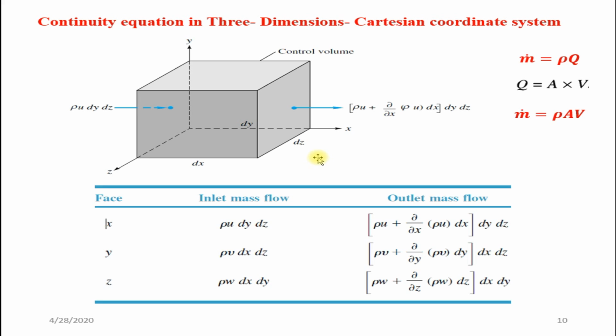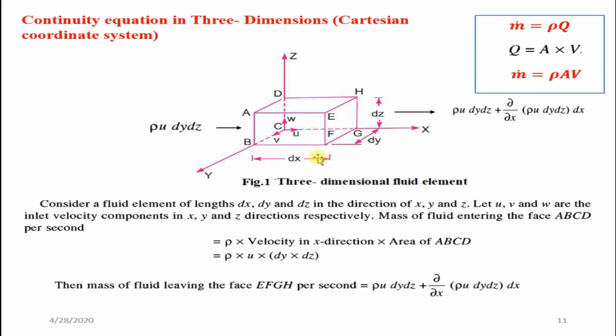Now we have to derive the continuity equation in Cartesian coordinates. This equation is mainly based on the conservation of mass principle. Now we will see a small control volume having length dx in x direction, dy in y direction and dz in z direction,